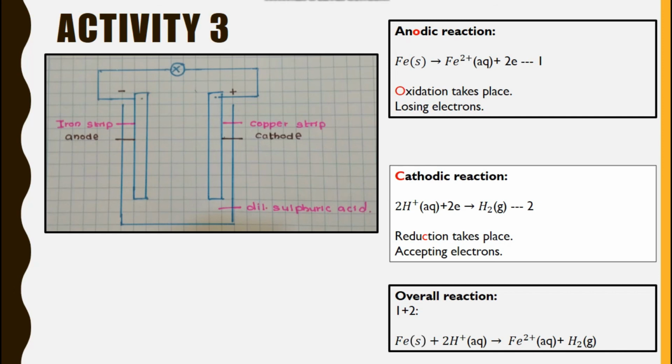And there's another example in your textbook. On page number 85, there's a setup with the zinc electrode and the iron electrode. So you can try to do it on your own. First you have to see which one is on top of the activity series. Then that will start to lose electrons. Losing electrons means oxidation is taking place, so that becomes the anode. Then you can identify the anode and the cathode. You can write the equation separately, and then take the overall reaction. So that is all about electrochemical cells.